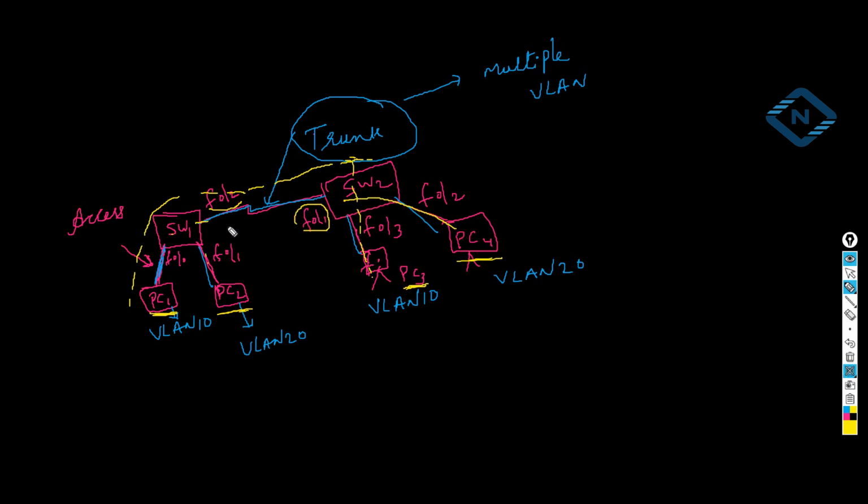So here this link is carrying multiple VLANs. This link is carrying VLAN 10 traffic as well as VLAN 20 traffic. That's why we need to put this link in trunk. And you need to remember, a trunk port is going to carry multiple VLANs. If you put this in VLAN 10, it will carry only VLAN 10 traffic. If you put it in VLAN 20, then it will carry only VLAN 20 traffic. So that's why we are putting this one in trunk. Trunk is going to carry the traffic of multiple VLANs. You need to remember this one.